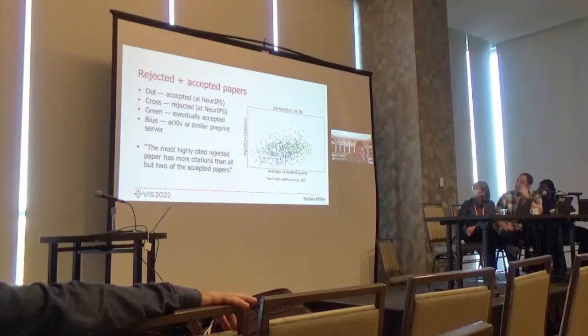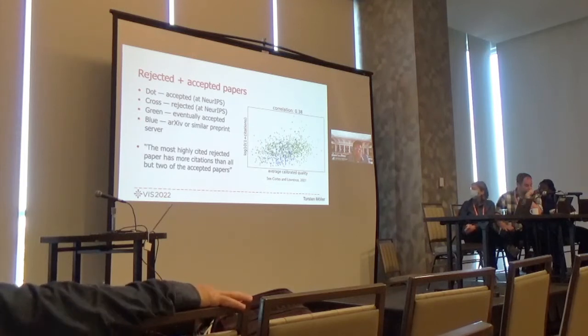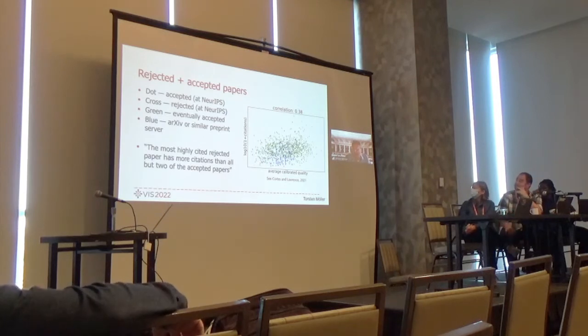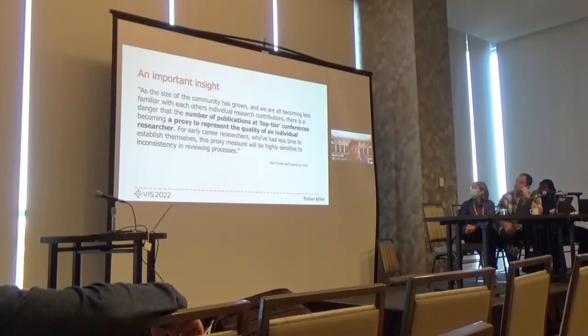Here I'm quoting the paper: the most highly cited rejected paper has more citations than all but 2 of the accepted papers. Now you can say that maybe it's an outlier after all. But if you look at the figure, it's not so much of an outlier. And some of the conclusions that the paper drew was